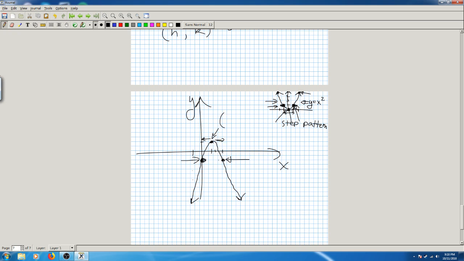That has a vertex of 1, 1, faces downward, has a few points listed over here, and crosses through the x-axis over here, crosses through the x-axis over there, crosses through the y-axis over there. So this guy, once more, is the graph for negative 2(x − 1)² + 1, opens down, has axis of symmetry,